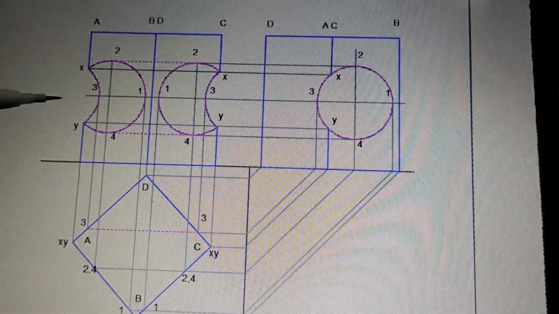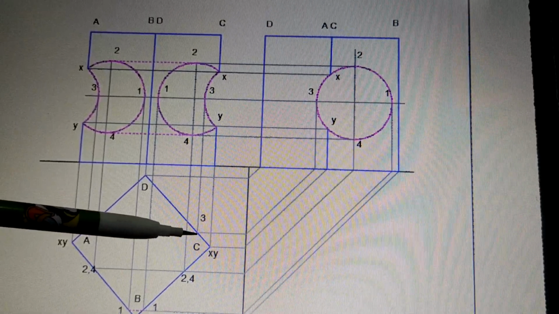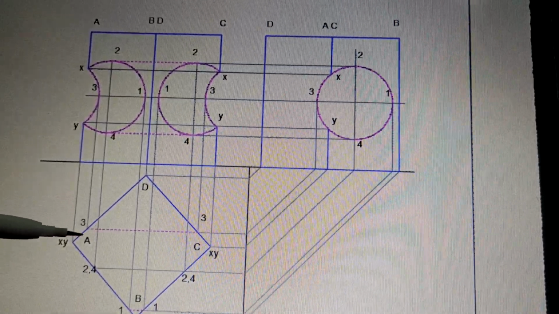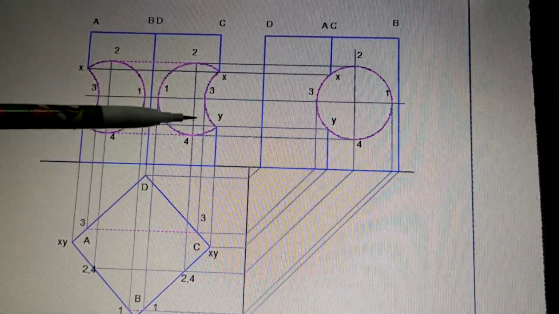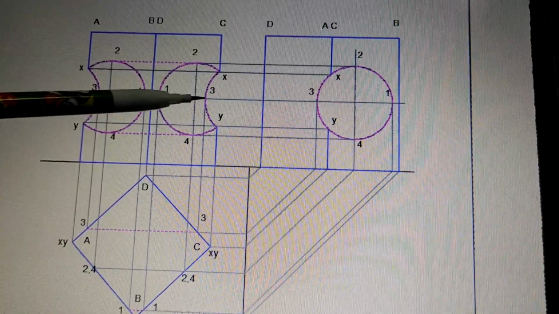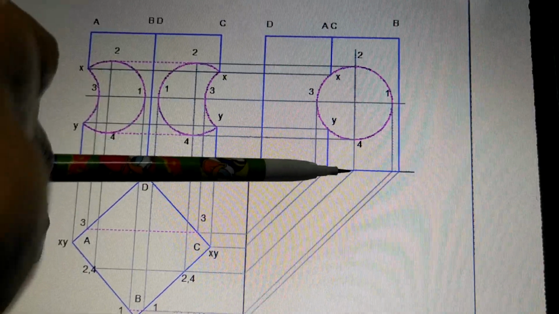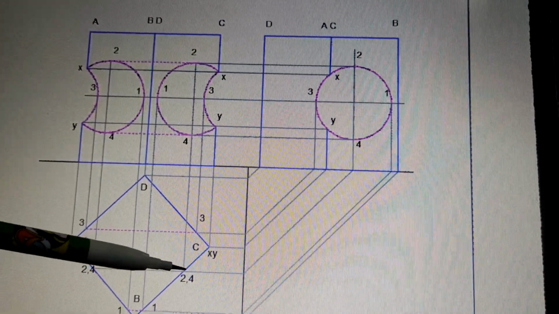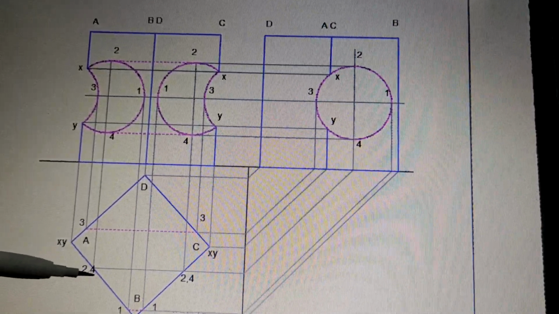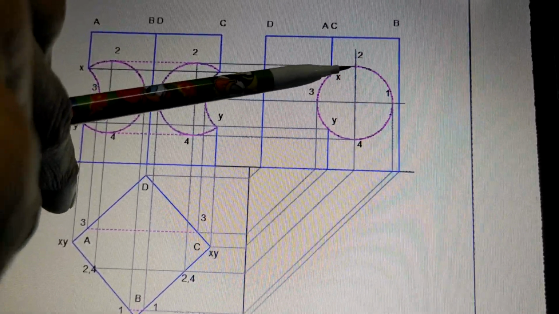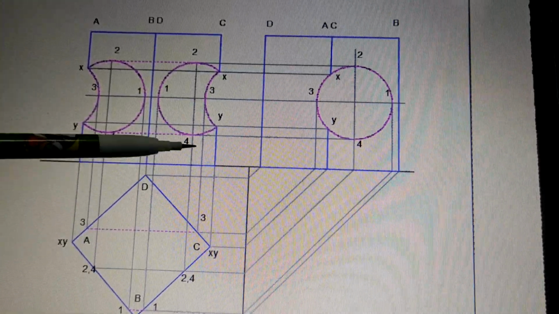Point 3 is here, that means it is on this axis, then project it down. When it touches the prism, this is the point where 3 is, and when the hole comes out from the other side, point 3 is here. So project this 3 up, project this 3 up, and on the same line you will find 3 and 3. Then comes 4. 4 is here, on this line. Project it down, and in the top view, 4 is here on this side surface. When the line comes out, there is no line here, there is a top surface, the highest point of this hole. So that is here and here. So this is point 4, point 4, point 4.